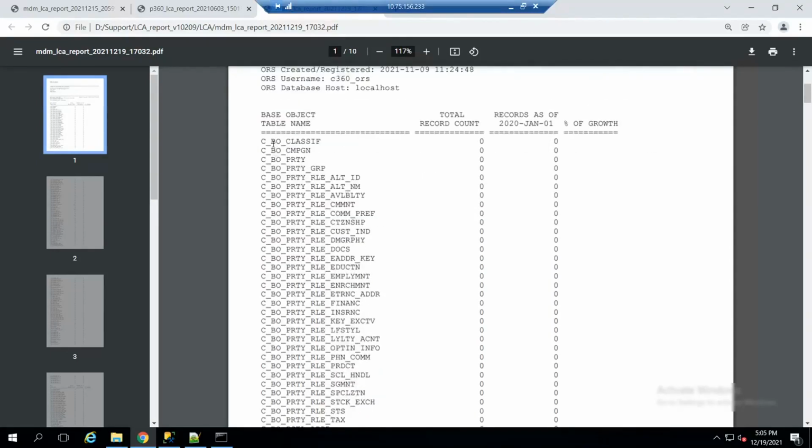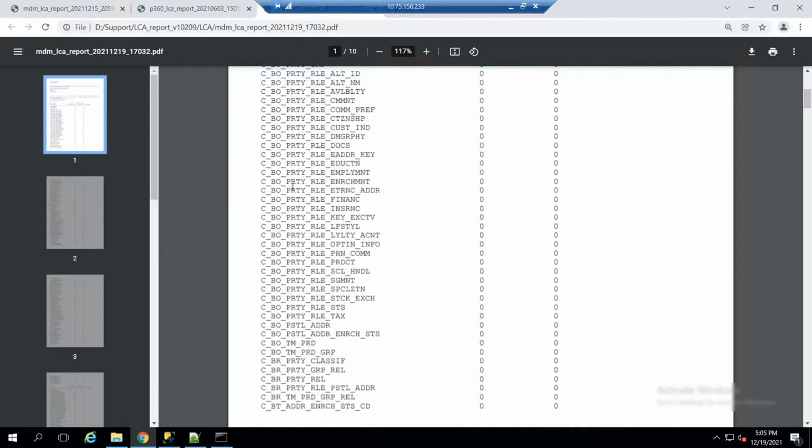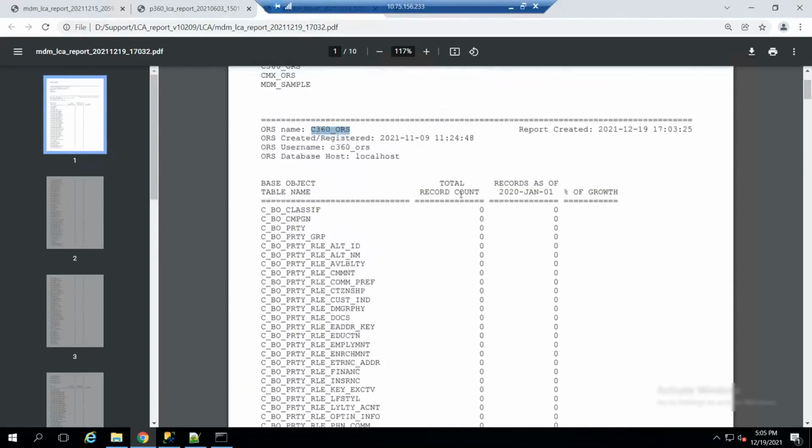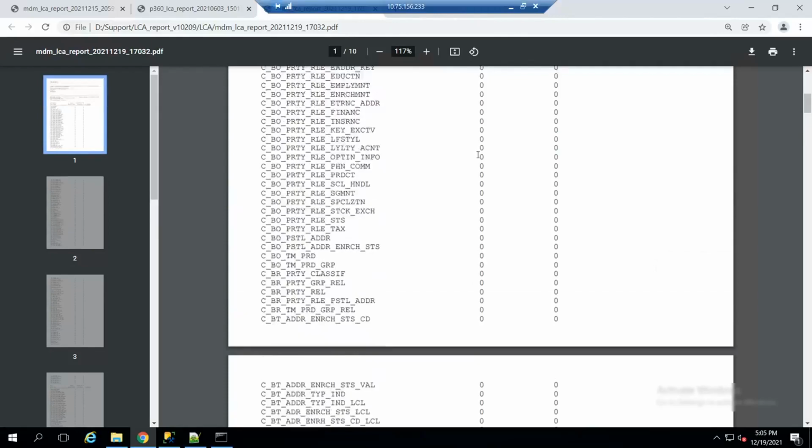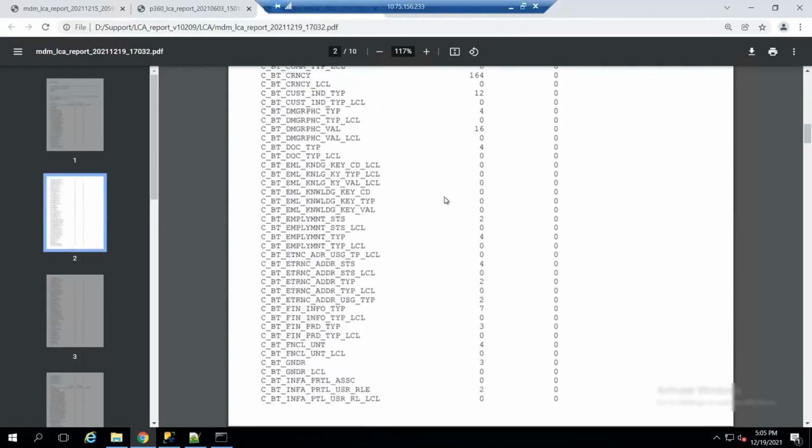For this ORS, you can see all the table names, the total number of records, and the percentage growth. Since we don't have any records, it is just showing 000.